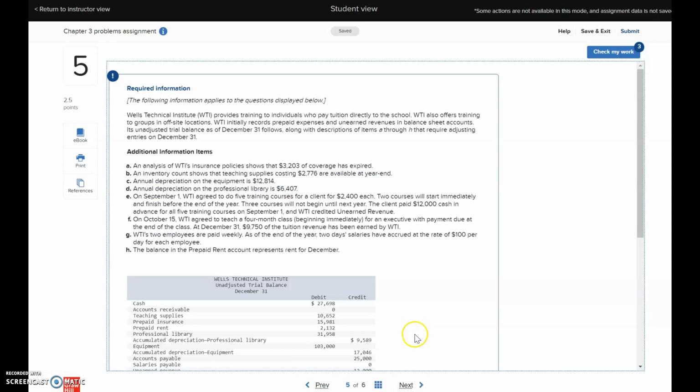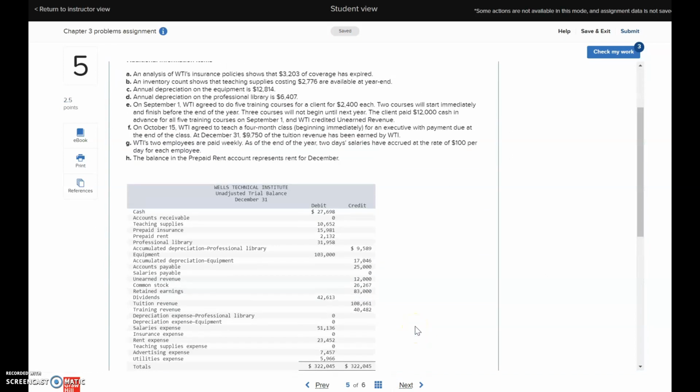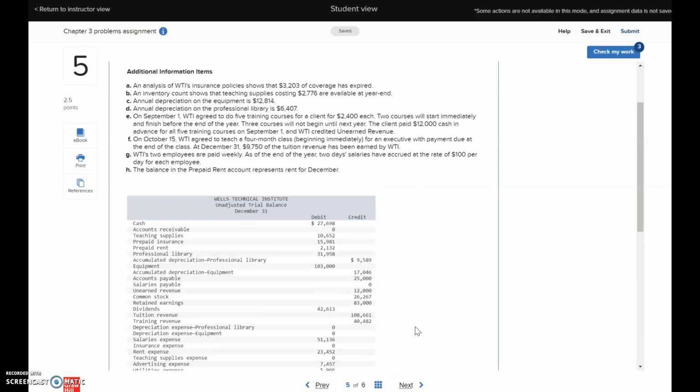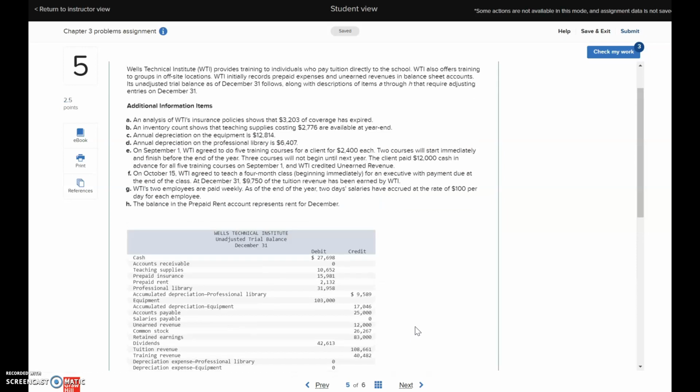Okay. The next problem, problem 5, is again doing more closing entries. And so the tricky part for some of them is figuring out the amount, because again, you can see the chapter and get the account names. You can look at that summary cheat sheet at the end of the chapter. But for instance,